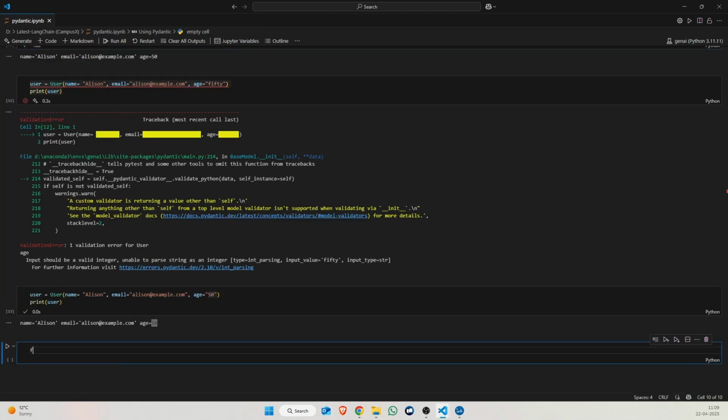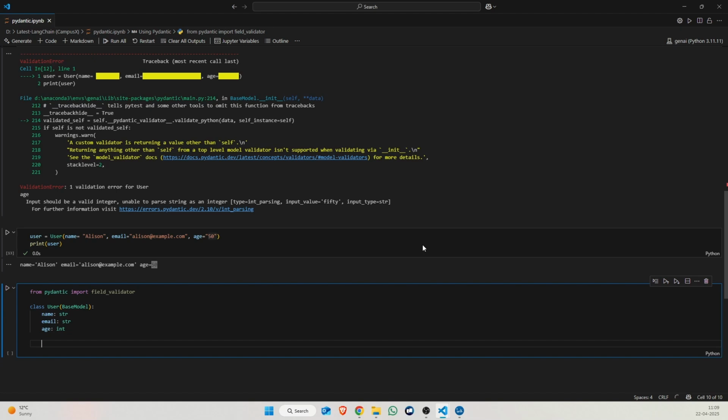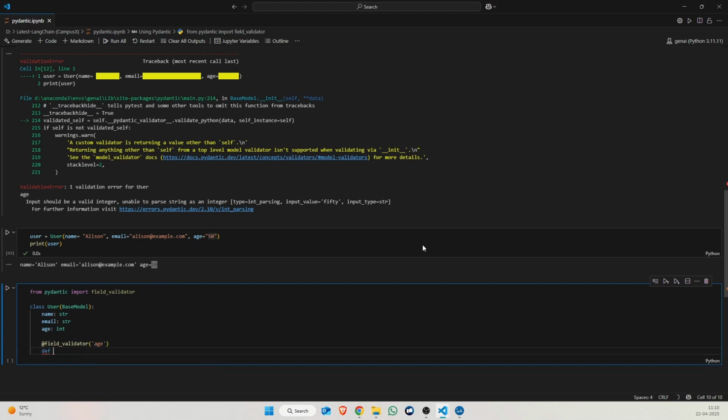And before this, let me import from Pydantic field validator, and let me paste this thing. And what I do inside this, I want my age to be greater than 18. So for that, I will use a decorator field validator, and inside that I pass in a string, age, and after this, I will create a function def check age, and inside this I will pass those parameters, and if v is less than